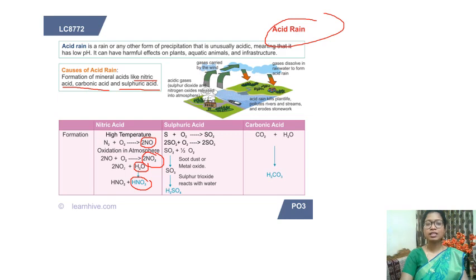You just write or remember the names of the different types of acids in acid rain. Now how is sulfuric acid formed? The pollutant is sulfur dioxide, and when it reacts with water it forms H2SO4, that is sulfuric acid. Now carbonic acid: in the atmosphere carbon dioxide is present. So when it rains, there is water, and when carbon dioxide reacts with water it forms carbonic acid. Most of the time rainwater contains carbonic acid because carbon dioxide is always present in the atmosphere.